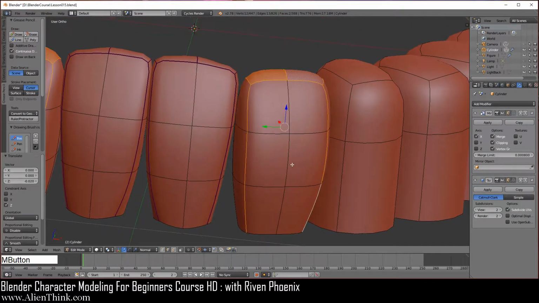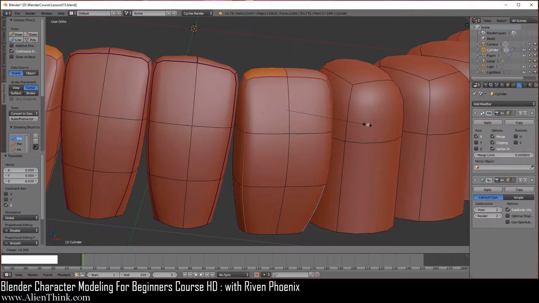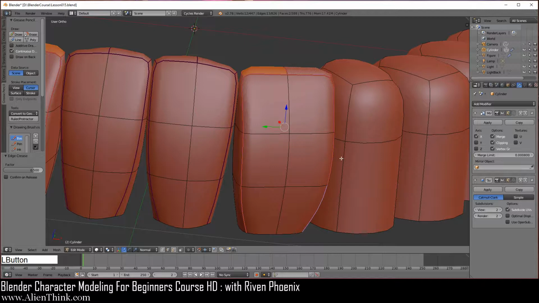Okay, going to do the same thing. We're going to do Shift E and I'll look for the numbers over here. It's just going to be a 5 over here. So I'm going to do Shift E. I'm going to do 1, 2, 3, 4, and then 5. So it should be in the positive 0.5. Left click to confirm this.